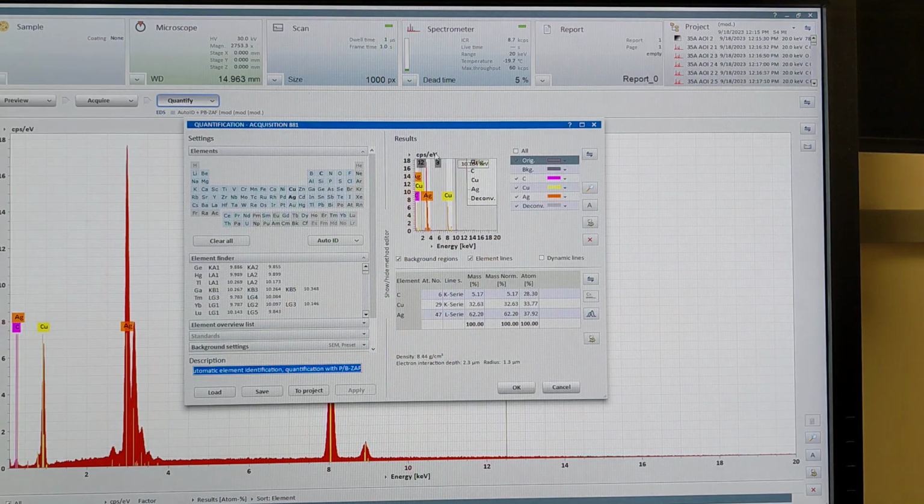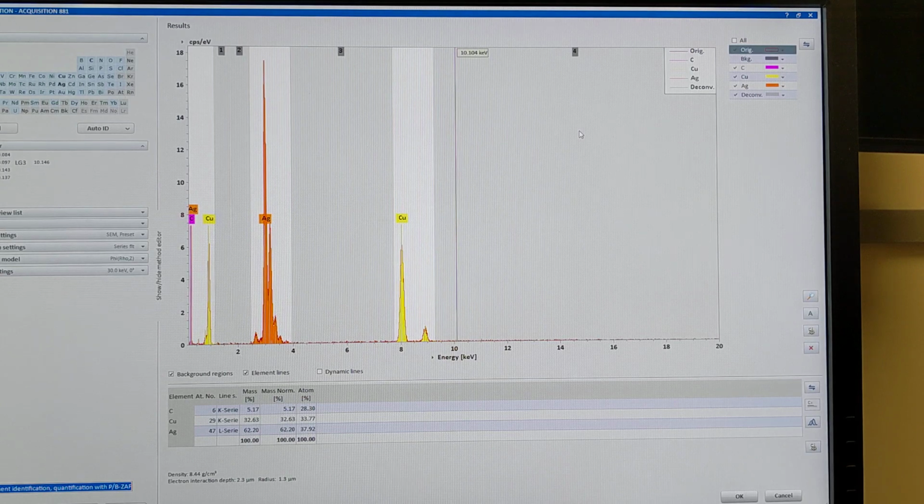It opens up this window. I'm going to open the whole thing. So it has our spectrum here, right? It has our compositions here. Depending on the conditions, it's always best to help set the background for our system. So in this button here, you see there's a background settings. When you bring up this quantification window,